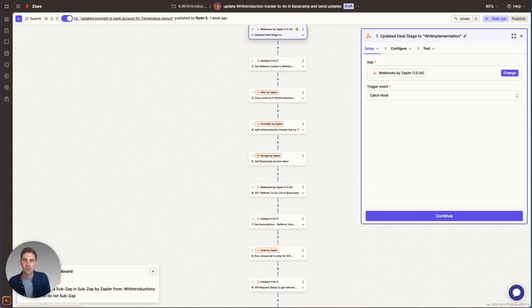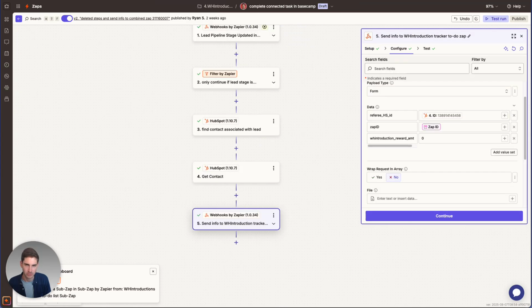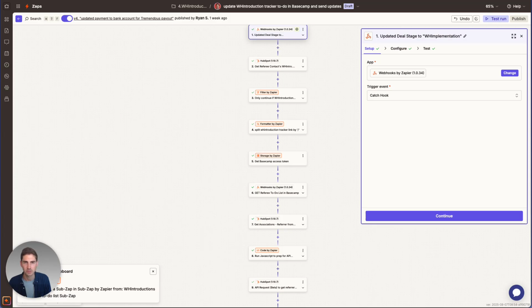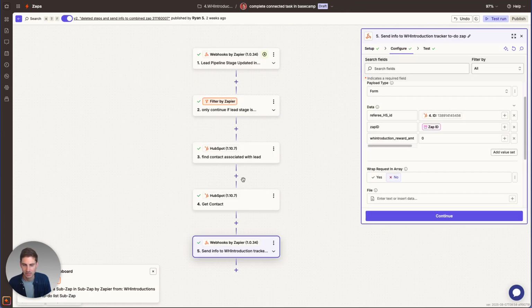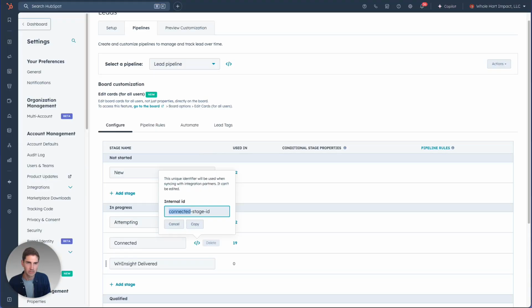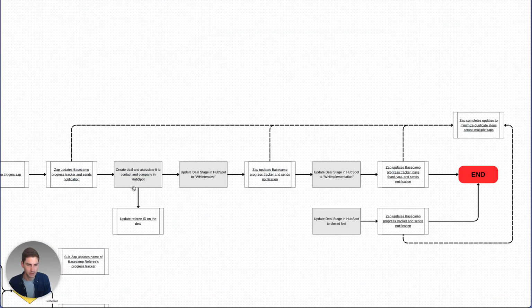So I'm actually going to come back to this at the very end, and I'm just going to show you some of the other ones that we have set up. So set this one up first before setting up even this one per se, so that way you can finish out this webhook step. So we've got our connected lead piece set up,